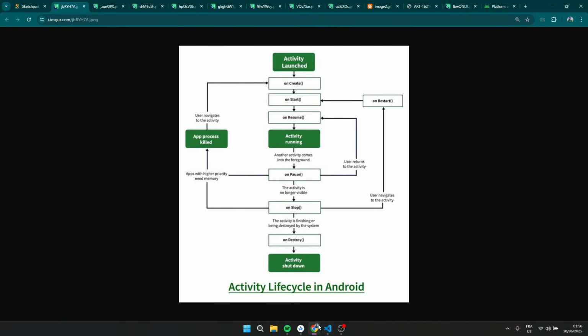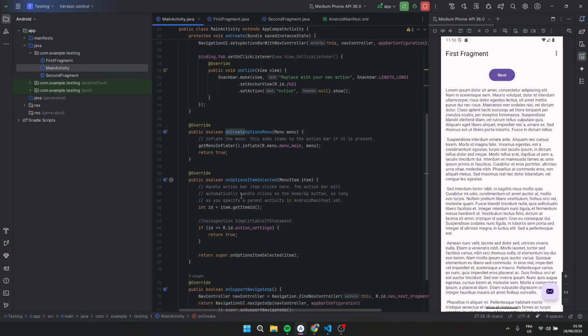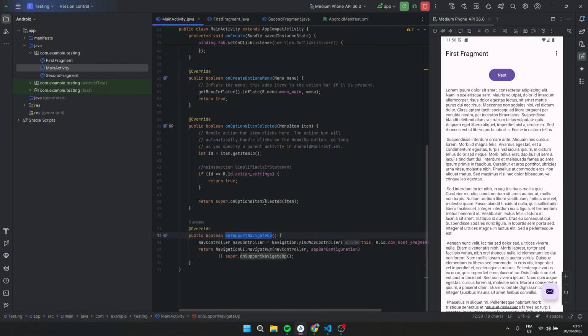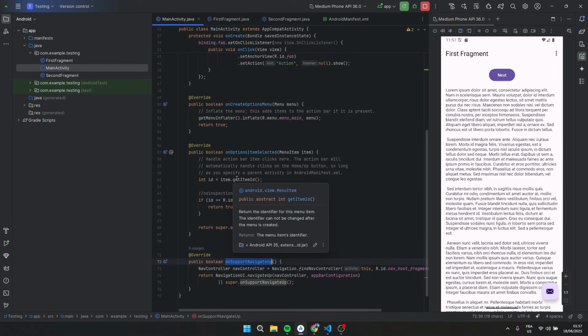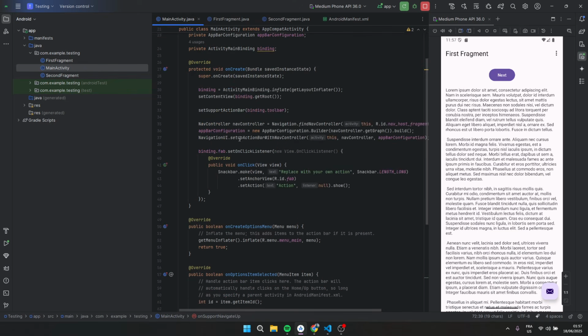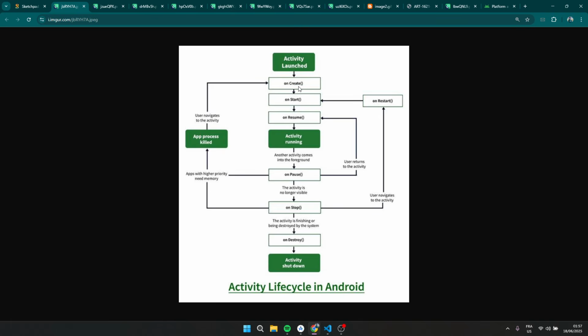You will see that in the code when we are working with Android Studio. As we can see, the activity has the onCreate function, and those functions are related directly to the functionality of the application. But for example, we can see the onCreate, which is also part of the activity lifecycle. Anyway, this is what a life cycle is.